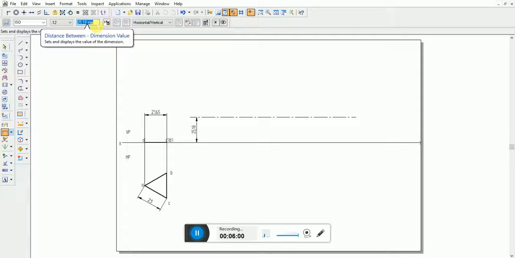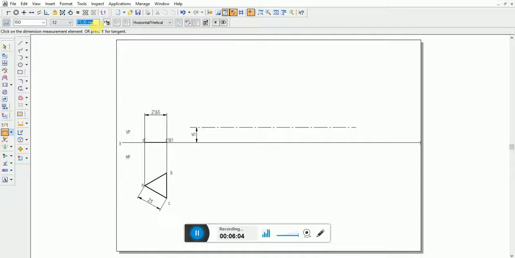Here you can see the distance is shown. I need 15, so I'll just type 15 there and press enter. The line automatically gets adjusted to 15 mm length from the XY line. Now what you need to do is, since you know the length of this A dash, B dash, C dash,